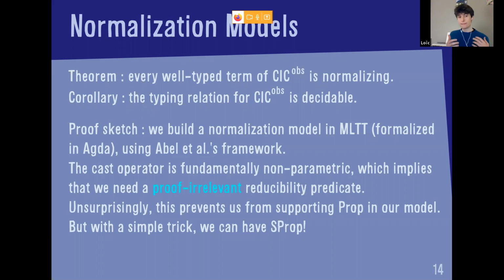To prove this theorem, we built a normalization model inside Martin-Löf type theory that we fully formalized in the Agda proof assistant using the framework of Andreas Abel et al.